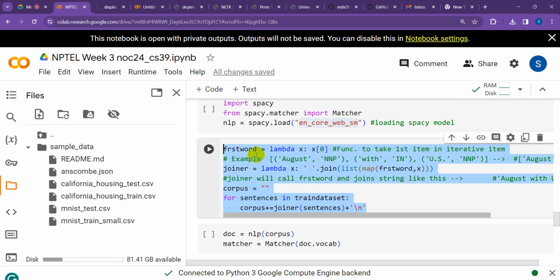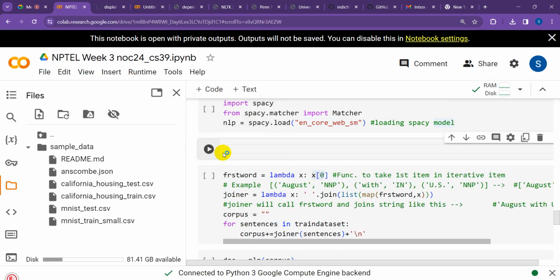Okay, so I am taking, in terms of lambda of x, where x of 0 means that it should take the first item of the list. If you remember, when we are having the tagged words, how do they appear? So the word appears, then its tag appears, है ना? So x iterates over this. It will take the first item. X of 0 means it will take the first item, or say it was in terms of a list this way. Okay, and there was Charles,